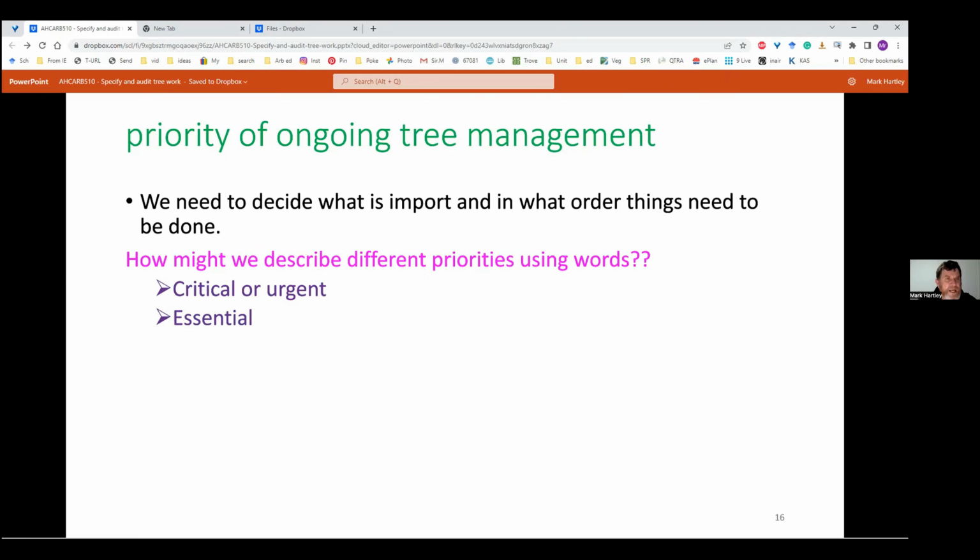Work that's essential. Yeah, you do need to do this. It's not optional. Okay, but it might be able to wait a week. Priority. It's a priority that you need to deal with. Again, these are just some suggested words. Not all work has got the same priority. I put the fence back up, stop the trucks going through there, put a load sharing surface down.